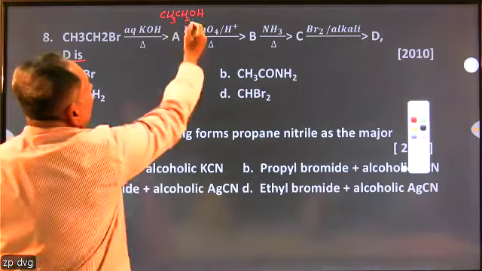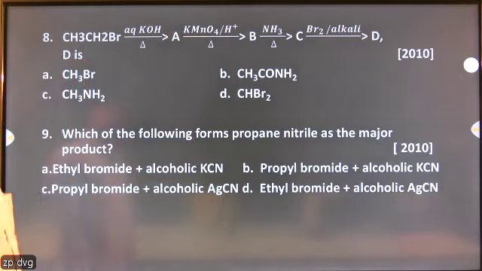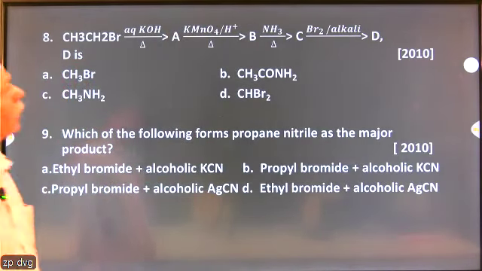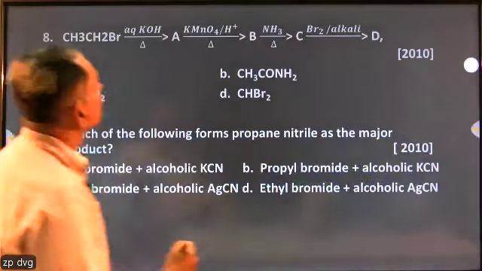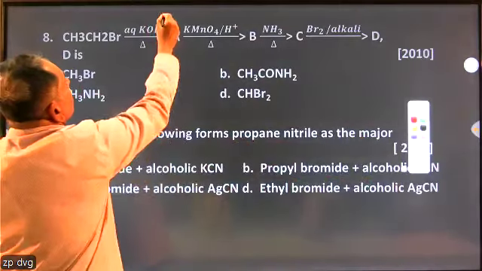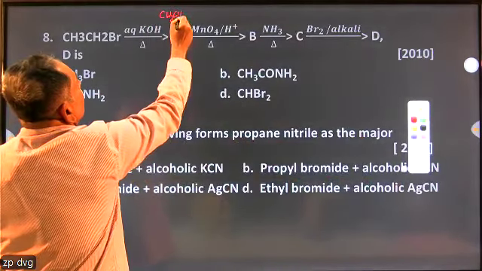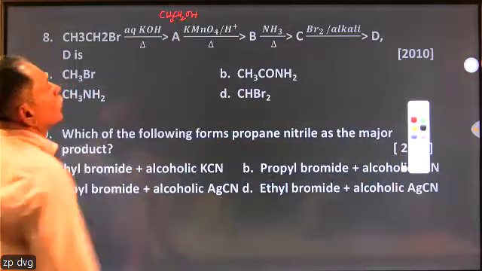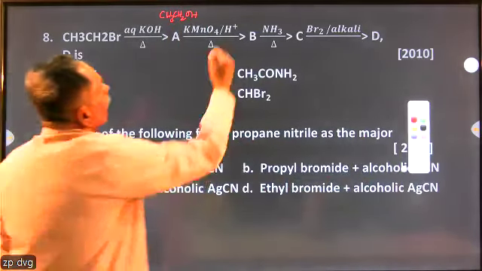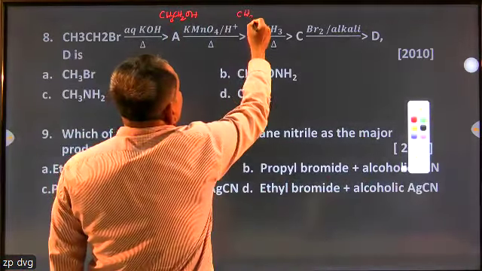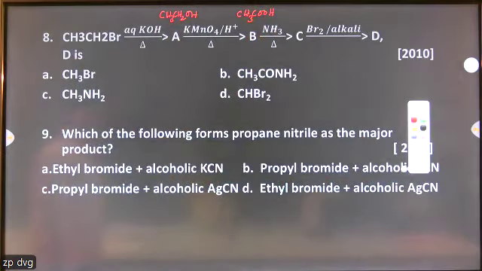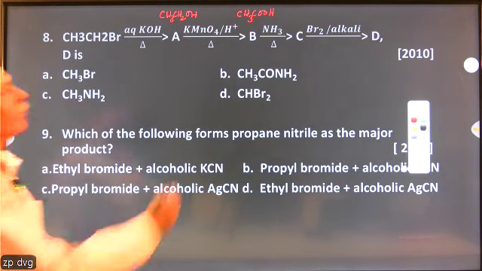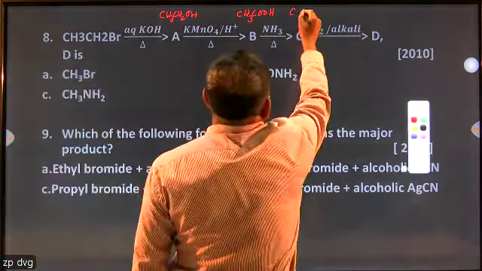Now when ethyl alcohol is treated with potassium permanganate, that is converted into acid, acetic acid. So B is acetic acid, and when acetic acid is treated with ammonia, you get